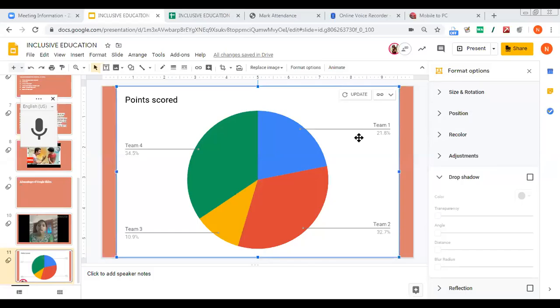Not that, sir. Can I use it only in Google Classroom or can I use it in a real classroom too? Anywhere you can use it, ma'am. Because only one file is created. You are linking it in different ways. You can share it to Facebook, you can share it through email, and you can present it in your classrooms also.